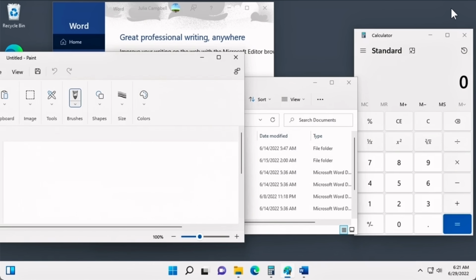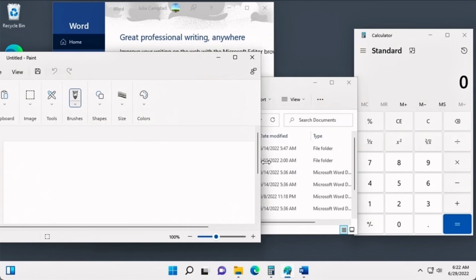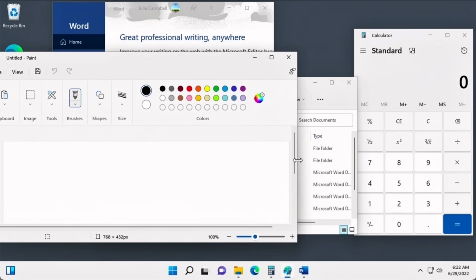To make a window bigger or smaller, we can also resize it. Hover over the window outline. When the cursor changes to a double-headed arrow, click and drag it outwards to make it bigger, or inwards to make it smaller. If we then maximize this resized window using the keyboard shortcut Windows and the up arrow key,